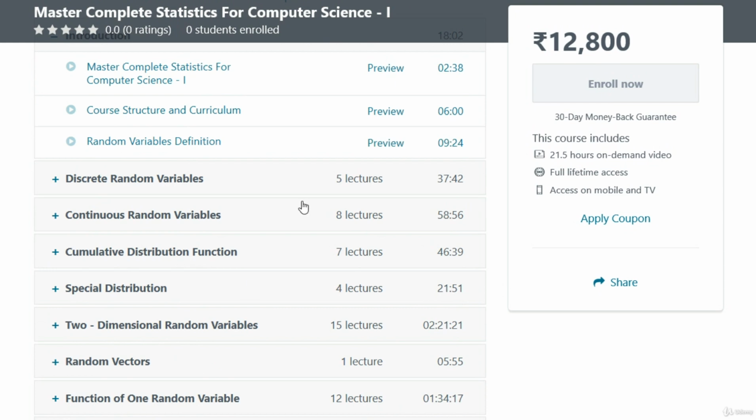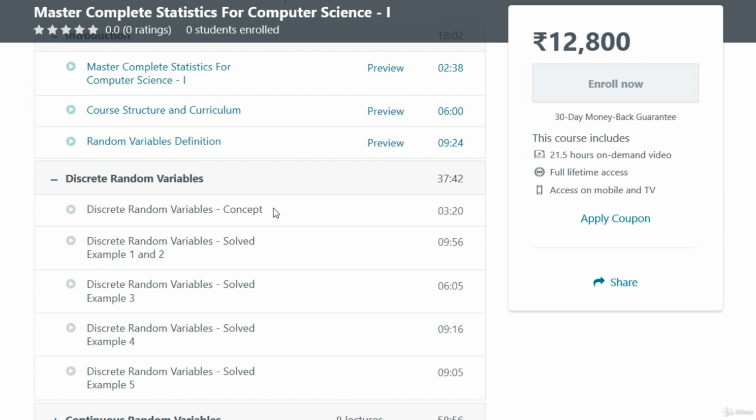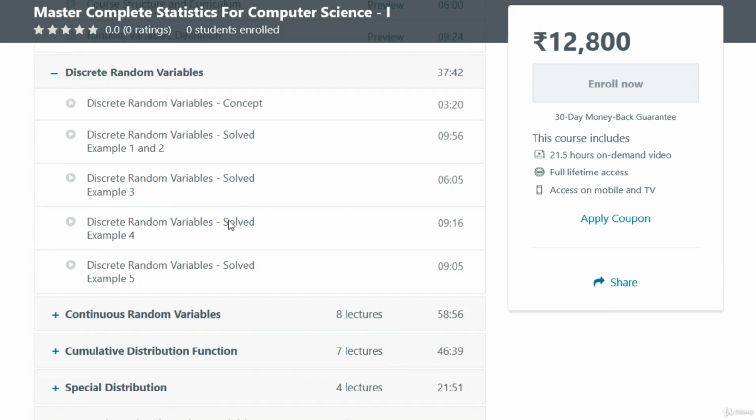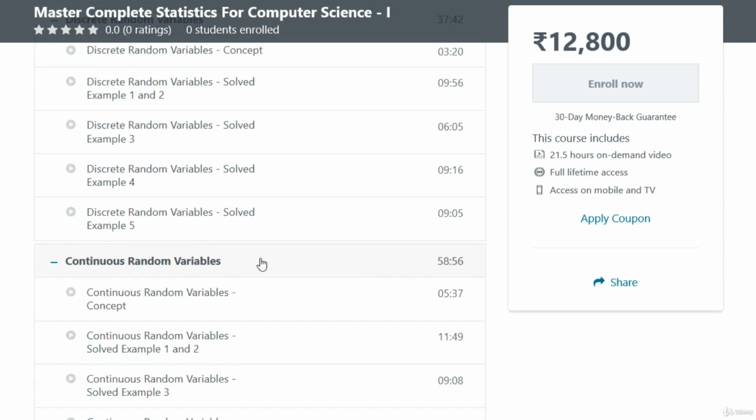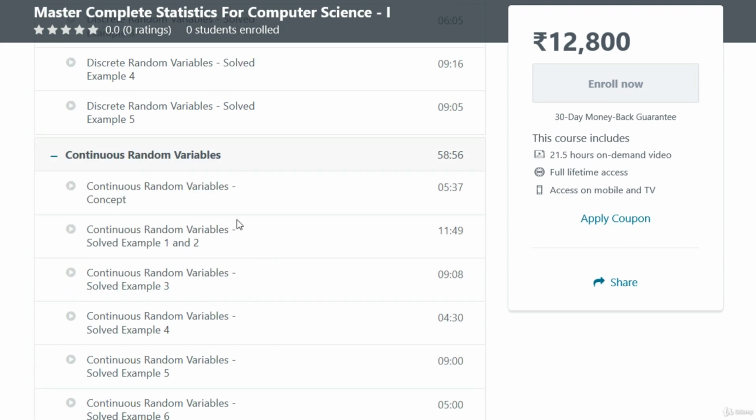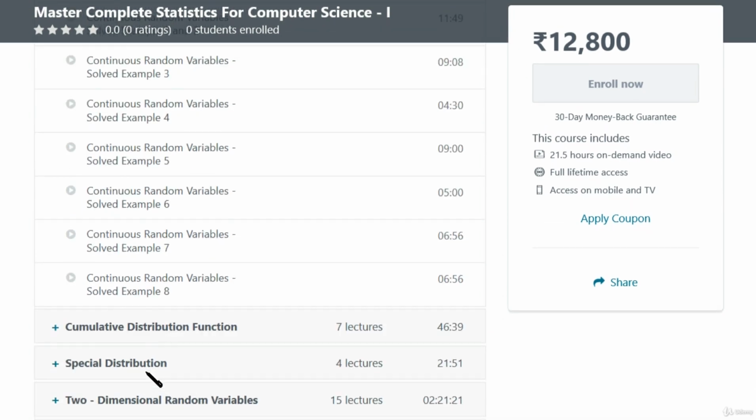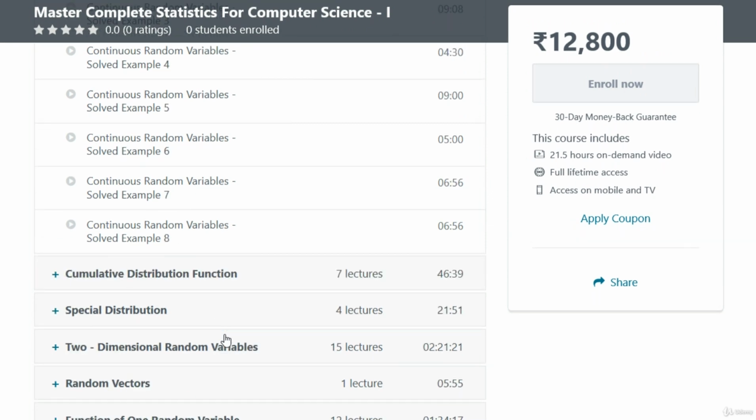Each section starts with a concept, as you can see over here, and then we have a solved example based on this concept which you have learned, which will help you to understand this concept in a better way. So there is an ample amount of solved problems based on each and every concept as you move on. Like in continuous random variable also, first the concept of continuous random variable is explained and then a solved example based on it is given below. So you can go through all the concepts in each and every section and then cover the examples, which will help you to understand this course in a better way